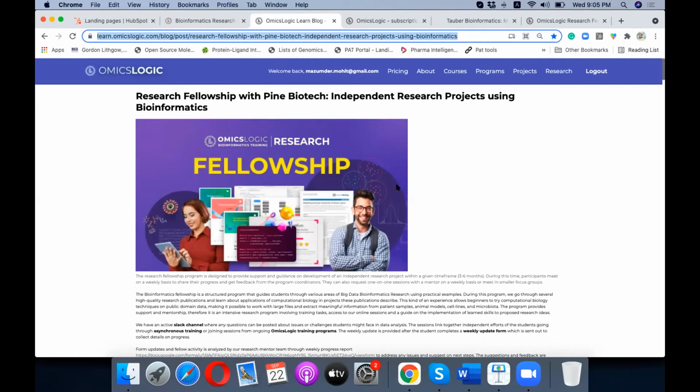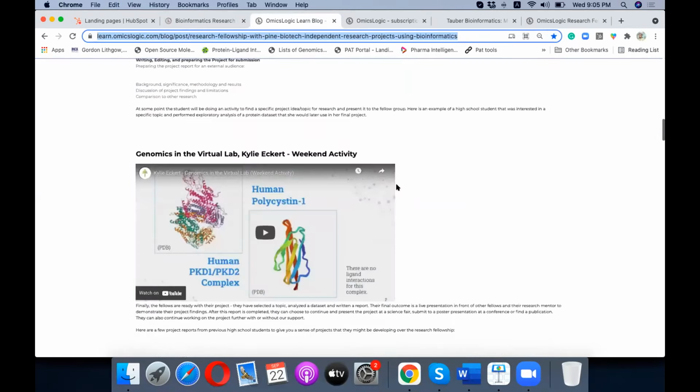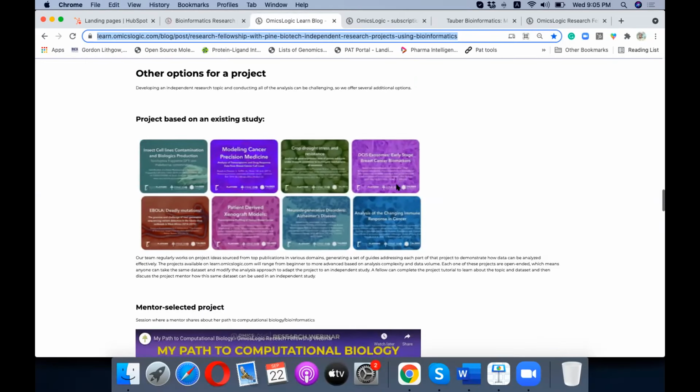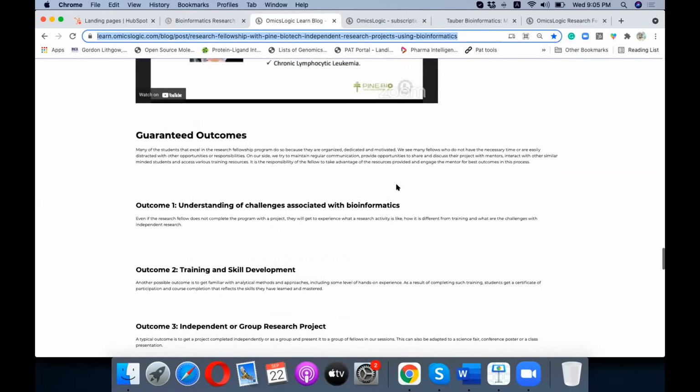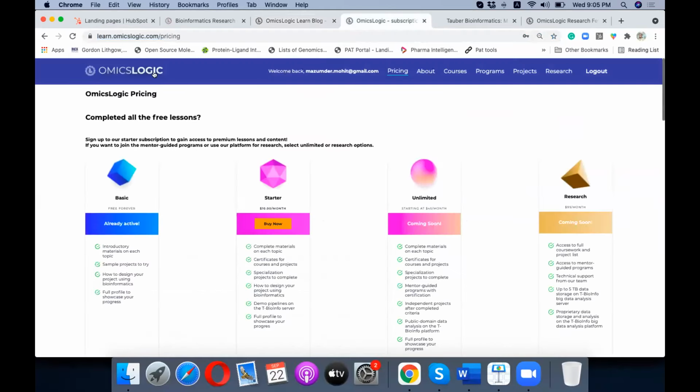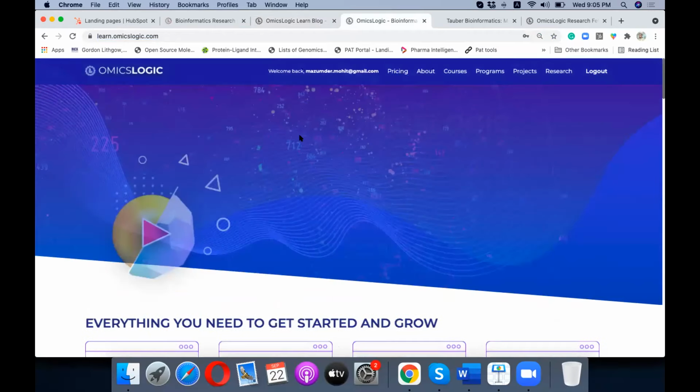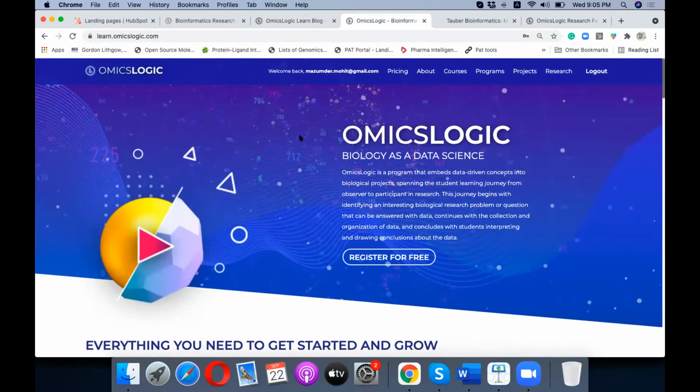Now, once you have gone through this and you understand all of the components, and you've seen different examples and the resources that are available with this research fellowship program, let me again tell you about the resources. The first resource that we have is the Learn Omics Project. In the Learn Omics Project, you will find online courses and tutorials that you can take and learn. Those are built out of the project examples that help you build and do a project. So it's all correlated, as you can see.